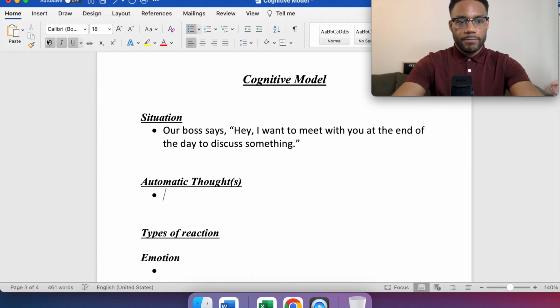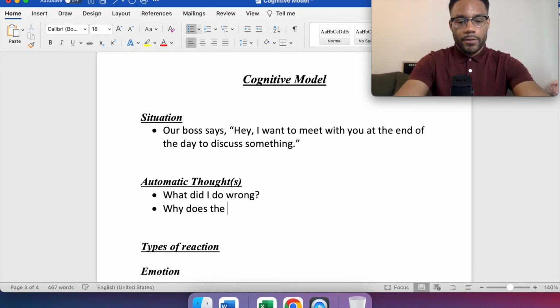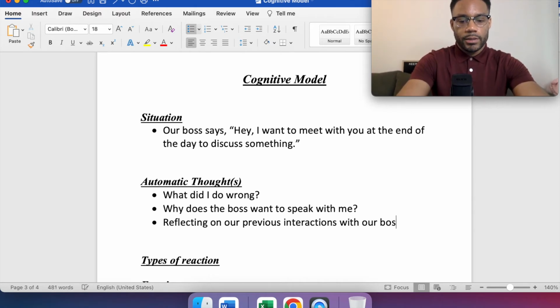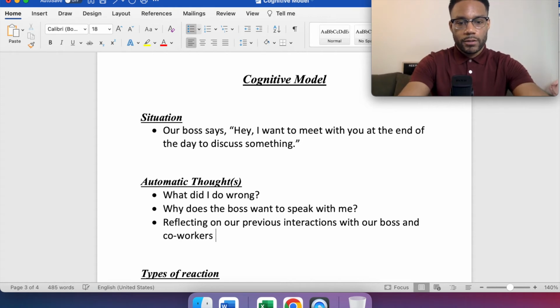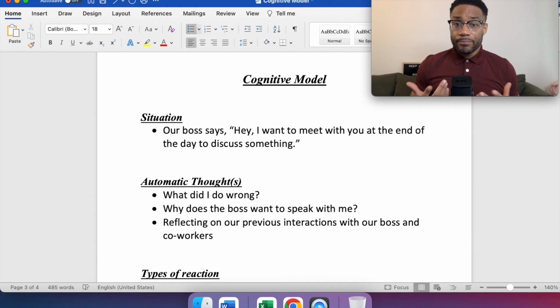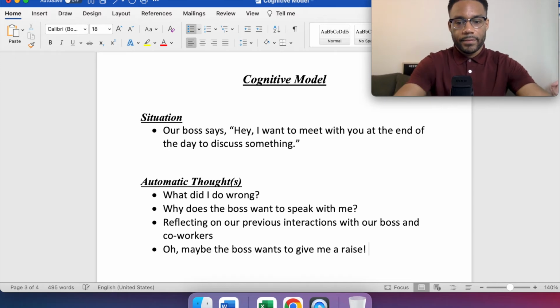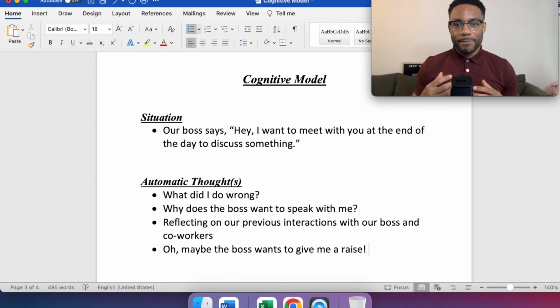Some of our automatic thoughts could be, what did I do wrong? Why does the boss want to speak with me? Reflecting on our previous interactions with our boss and coworkers, right? So a number of things are popping up in our mind. And sometimes, again, it could be, oh, maybe the boss wants to give me a raise. So it can be a bit positive at times, right? We can have those positive types of thoughts pop into our mind,